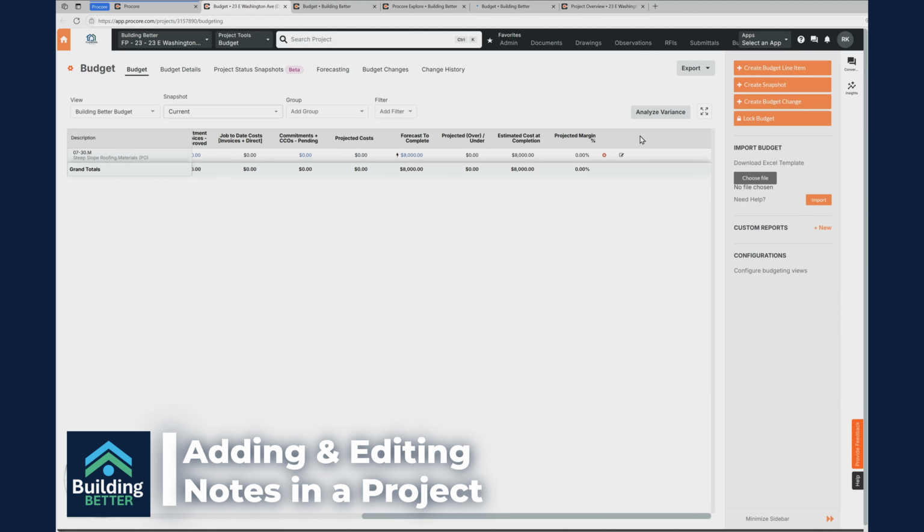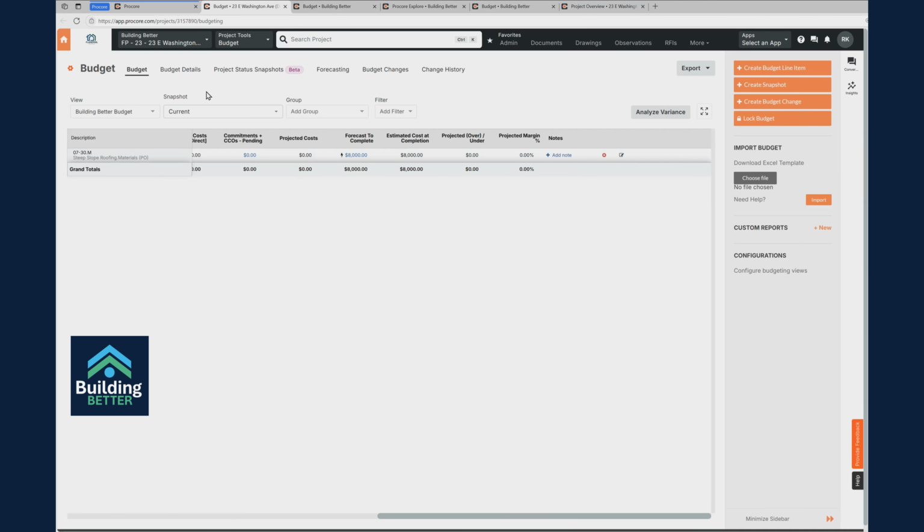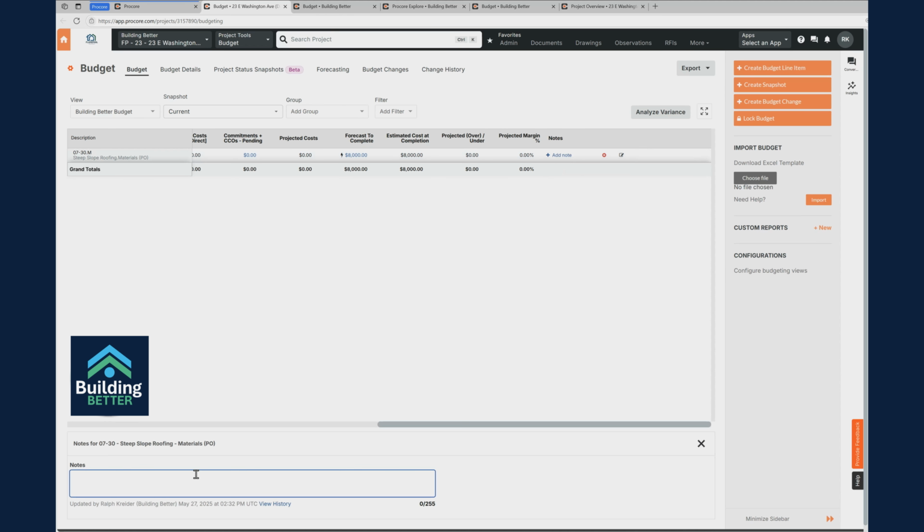Now when you go to a project and back to your budget here, so we'll hit refresh on this budget. You should see a new column there, go to the right. And I think eventually they're going to update this budget view to be one of the modern tables. They're getting there, but we can hit add note and just put